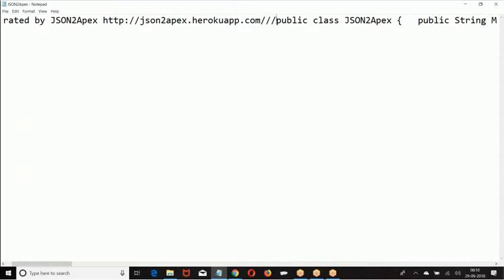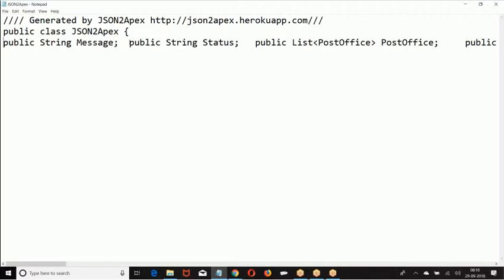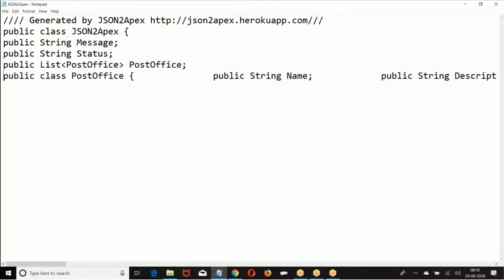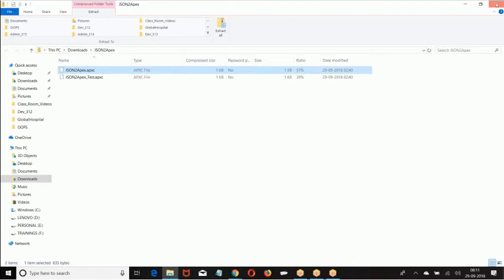Look at this. This is a wrapper class. If you create this wrapper class, then you can convert it. If you cannot create this wrapper class, what can I do? You don't want to take the headache of converting all this stuff. Simply I can go with